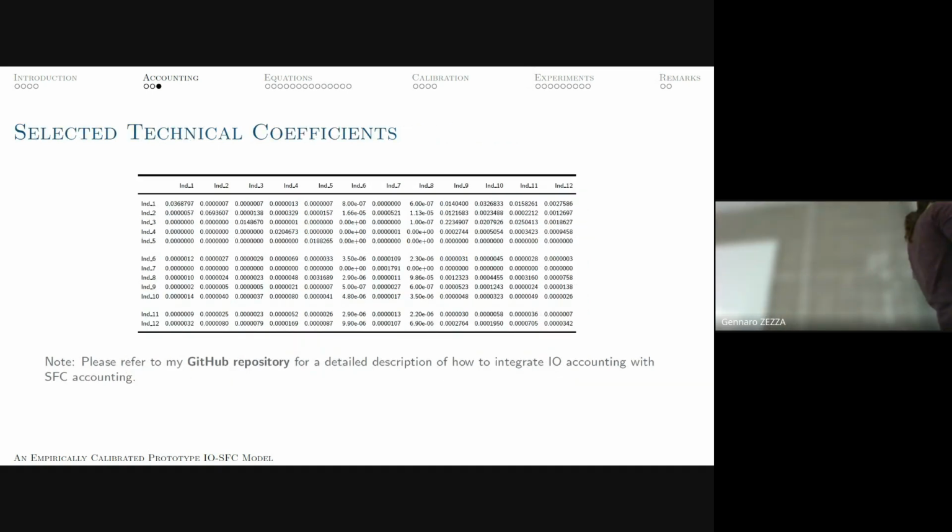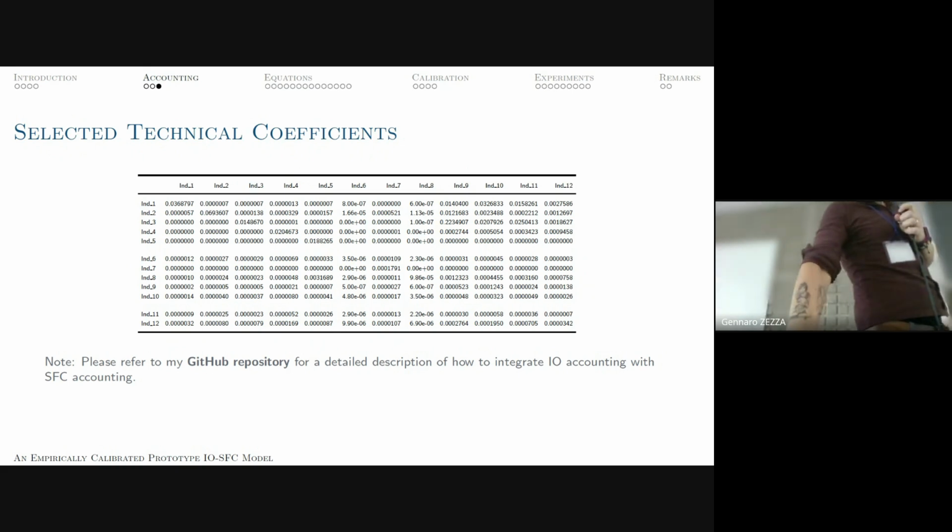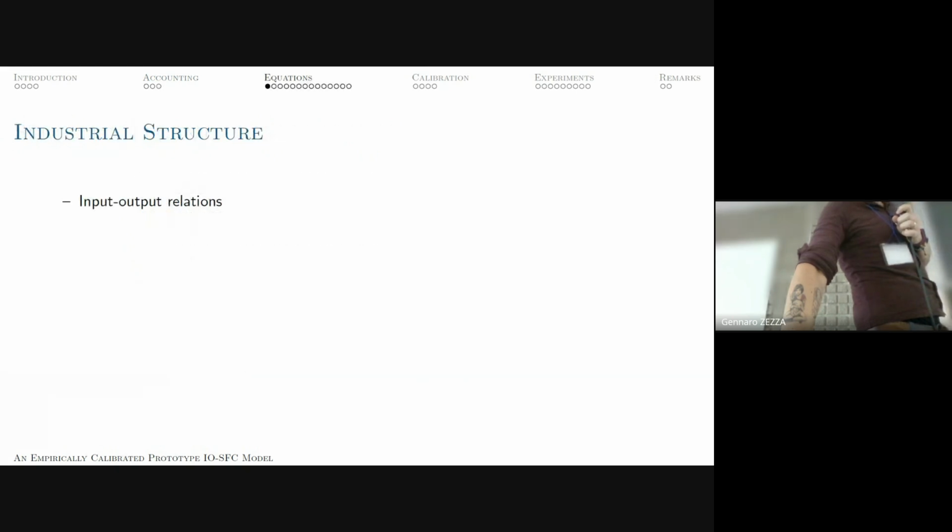In terms of input-output accounting, the code also creates the standard matrices. I haven't done it here because I didn't have time. But the main information that the code takes from the input-output accounting is about the technical coefficients and other coefficients we are using in the model. Anyway, if you want to see how the tables are created, you just click here and you get redirected to a simple example of how to create an input-output SFC full set of matrices.